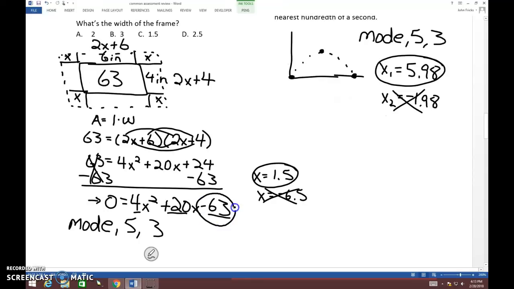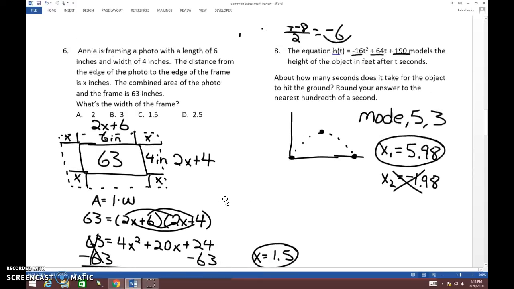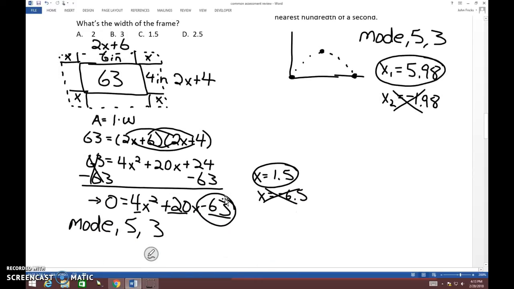Sorry guys, there's a mistake right here. We'll go back to number 6. So on number 6, when we subtract these two,